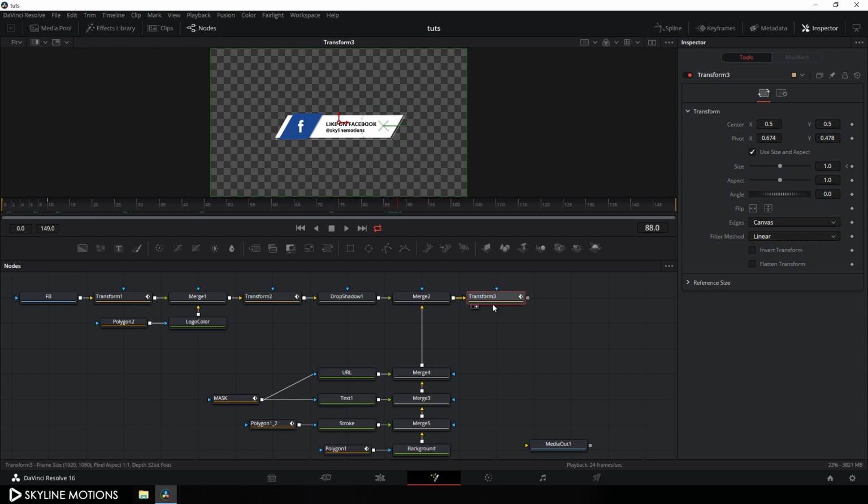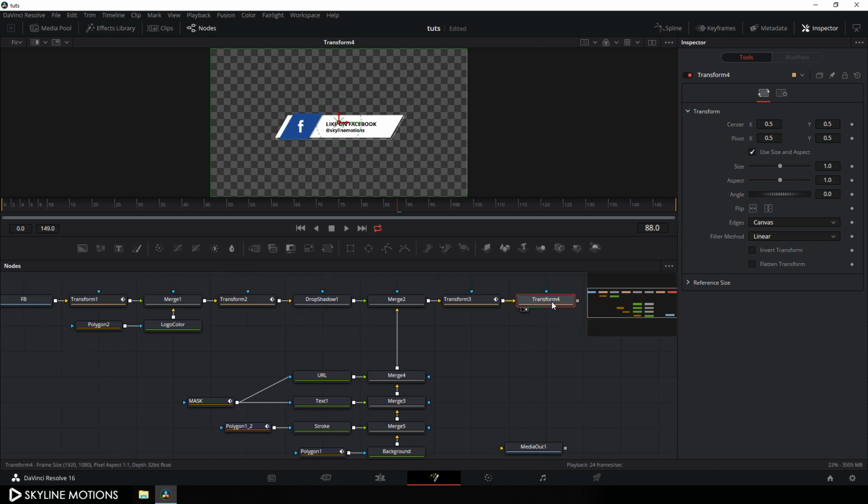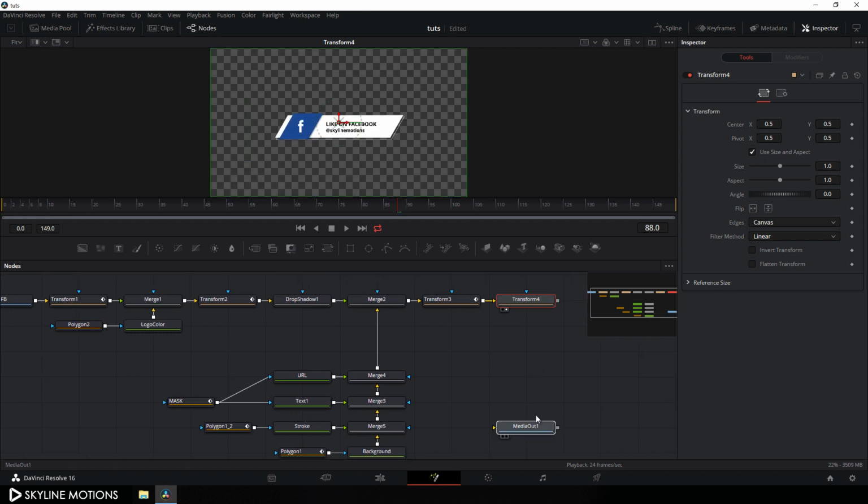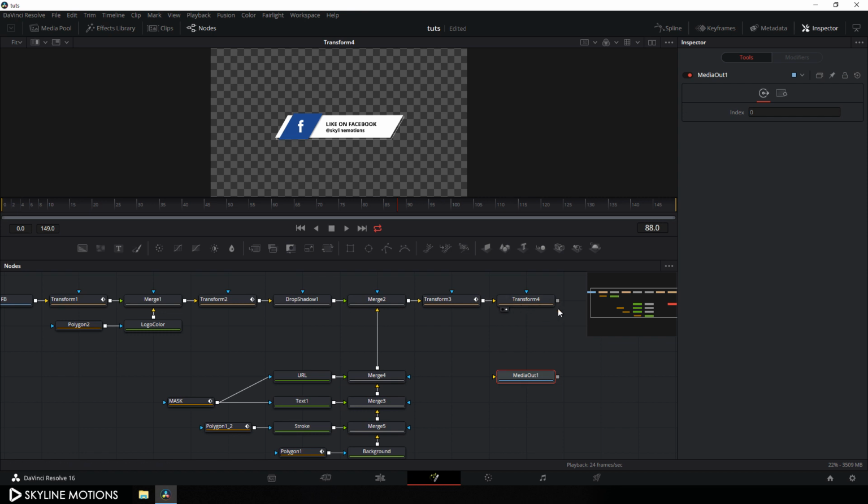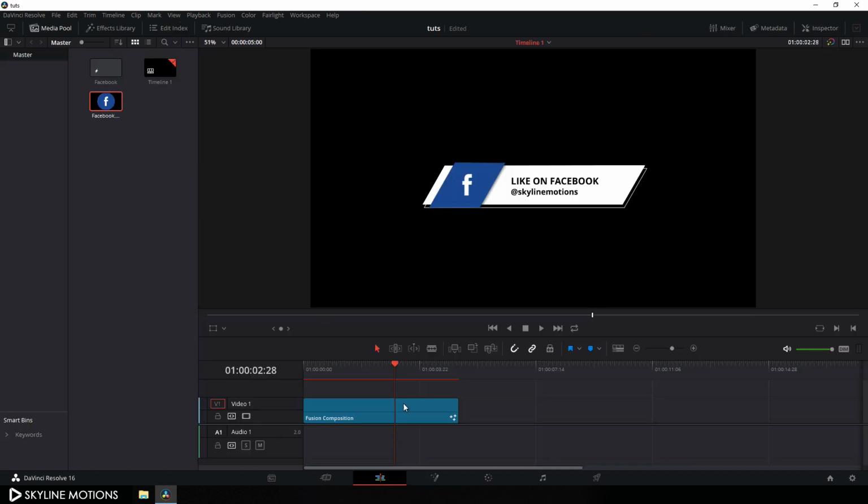Select this transform 3 and add one more transform. Just drag this transform to the viewer. Now by using this transform 4, you can adjust the size and position of this whole animation just like that. All right, and finally we have to connect this media out with the final output just like that, and then go to your edit tab, and here we have our animation as you can see, and you can also customize